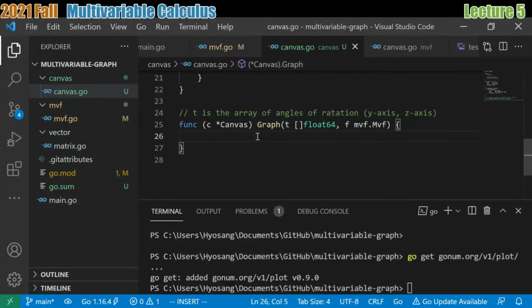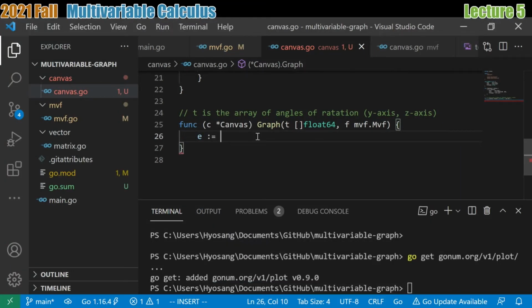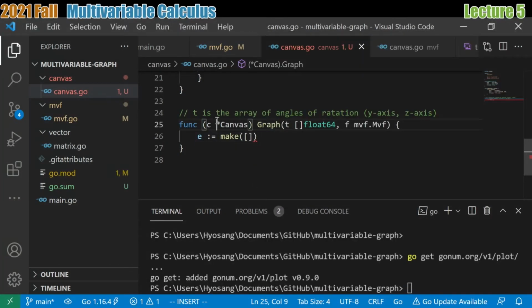So that corresponds to 0, 1, 0, 3D vector and 0, 0, 1, 3D vector. So all of this together with this 1, 0, 0 vector becomes the three normal unit vectors of three-dimensional space. So I'm going to define it as E0, E1, E2. So I'm going to make E as an array of,